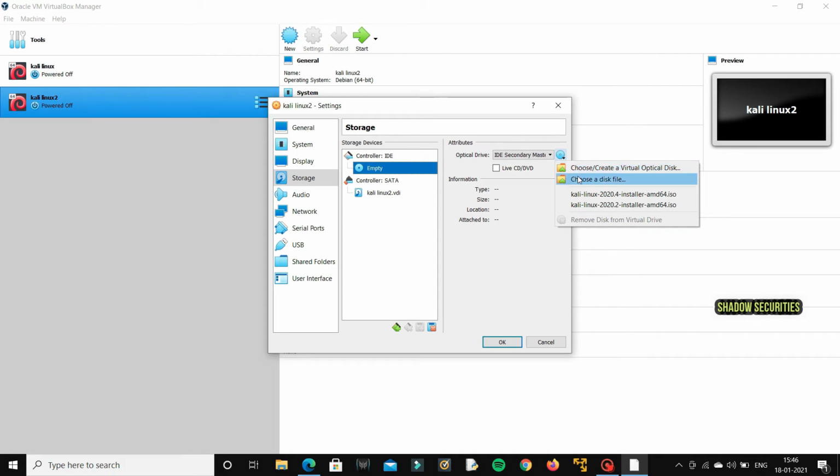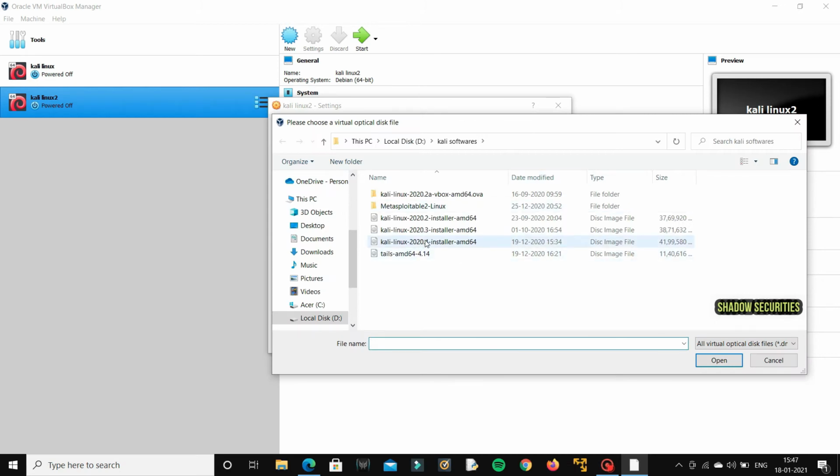So I want to add a new image, that's why I'm going to this option, and I'll choose this option and I'll open. So here you can see I had many versions of Kali Linux. So I'll simply click on 2020.3 version, because I already installed 2020.4 version. So all are same. The installation procedure is same for every machine. So I'll simply click on 2020.3 machine, and I'll install that machine. So I'm clicking on this, and I'll simply open.